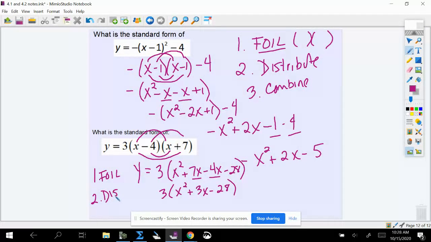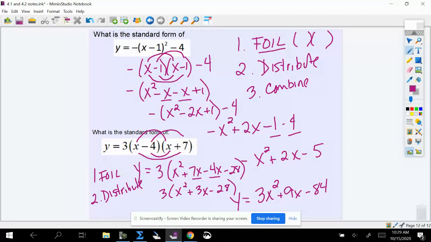Your second step is going to be to distribute whatever is in front of the parentheses. So that 3 that's been just kind of hanging out, distribute that 3 through. So when you do, you get 3x squared plus 9x. And then 3 times -28, if you don't know what 3 times -28 is, you're welcome to use a calculator. It is -84. So that's how you go to something called factored form, where you have 2 sets of parentheses